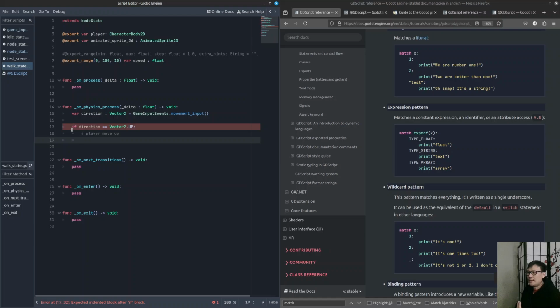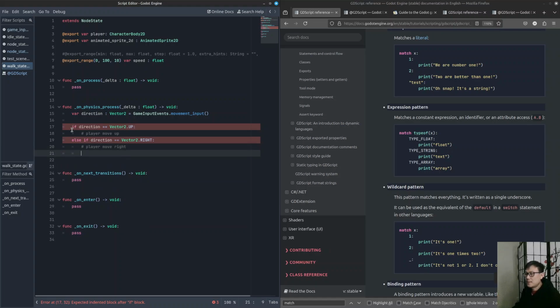So I want to make that right, and then else if direction equal to Vector2.RIGHT, and then we're gonna say player move right. Go direction there. Okay, let's see. Then we say match type